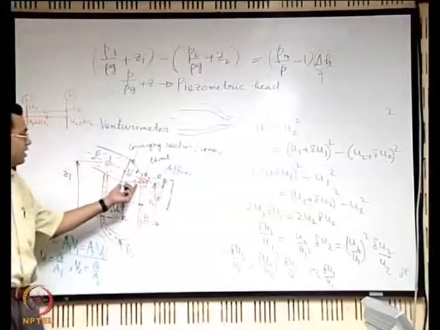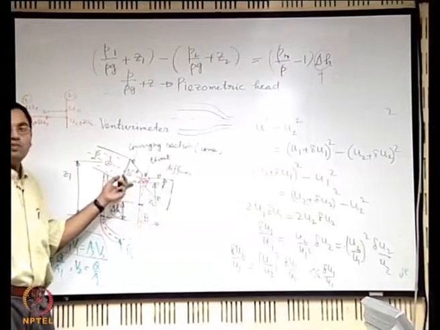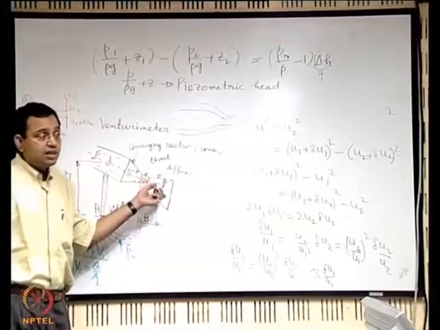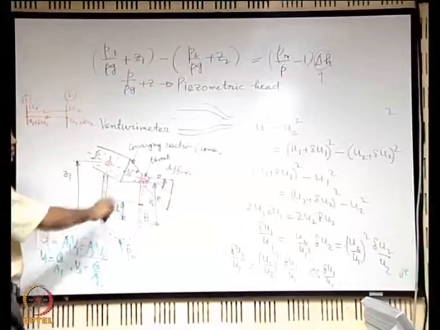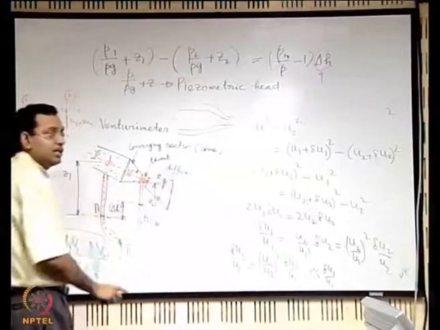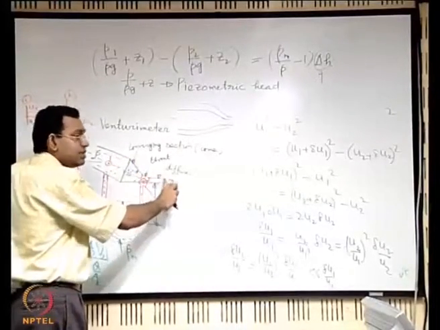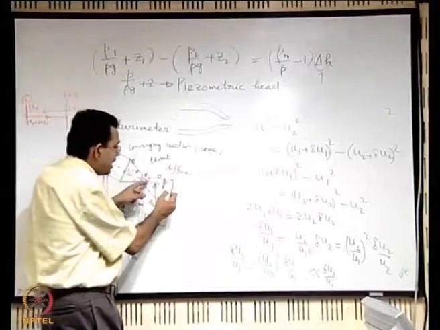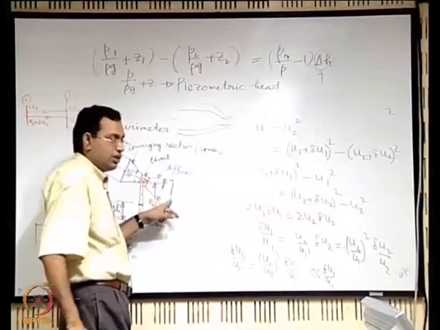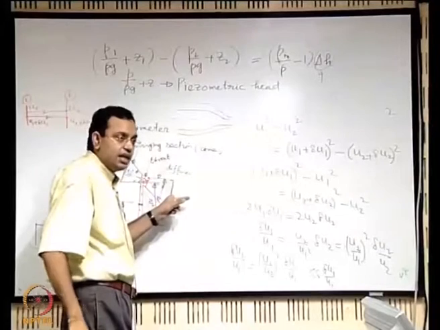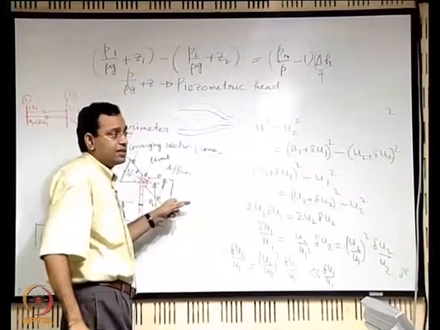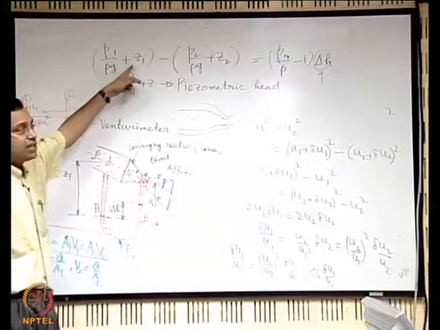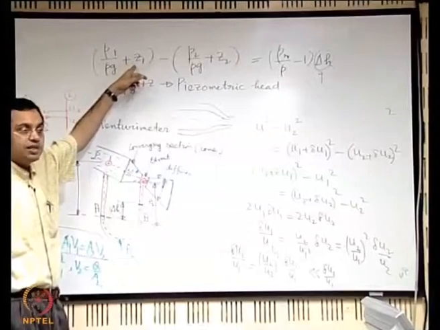So just like what would have been a good effect of making this angle large, the same logic holds there also. But one of the logics that does not hold is that there is a great difference between an accelerating and decelerating section. This is an accelerating section, but this is a decelerating section. Why is this a decelerating section? If you see, the area of cross section is increasing, so you expect the kinetic energy head to reduce. That means P by rho g plus z, the piezometric head, will increase to compensate for that.